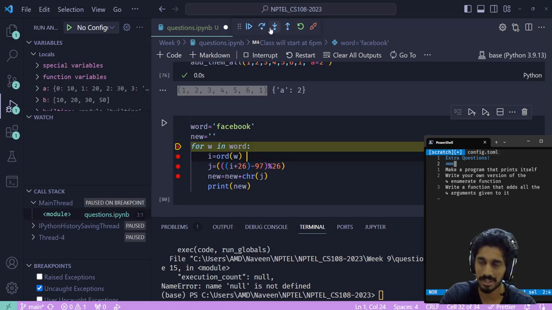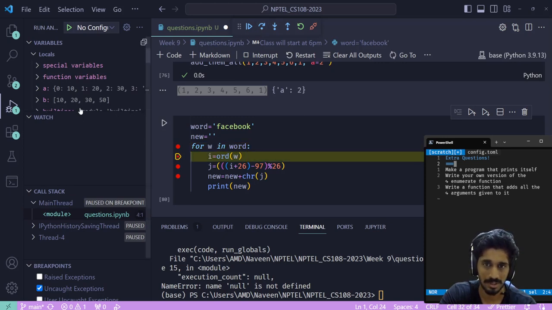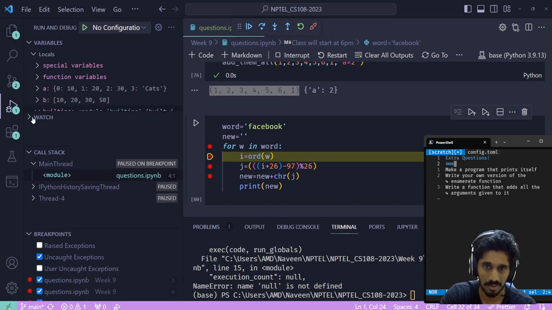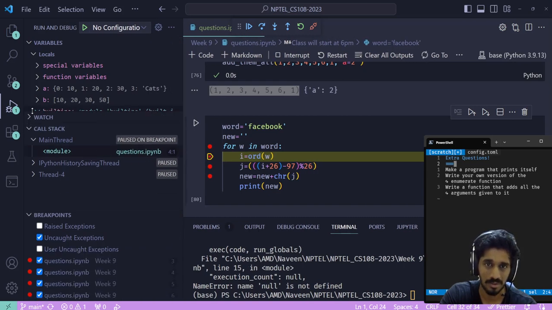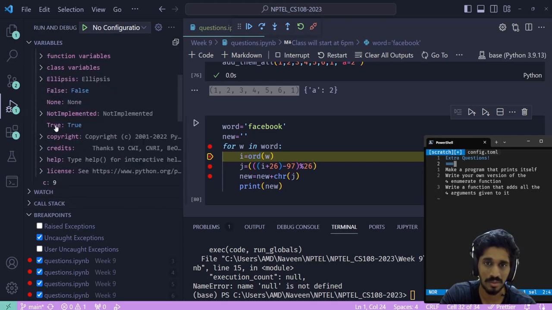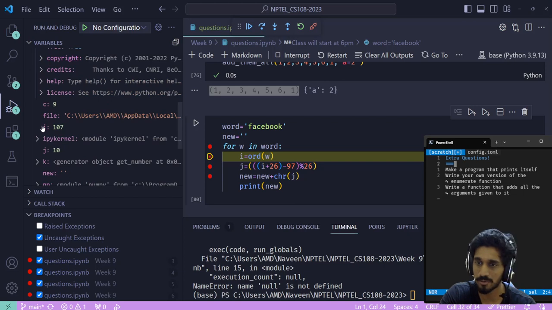So when you go to the next value, okay, the value of I, what's the value of W? W is F, ord of W is 107. 107 plus 26, that will be